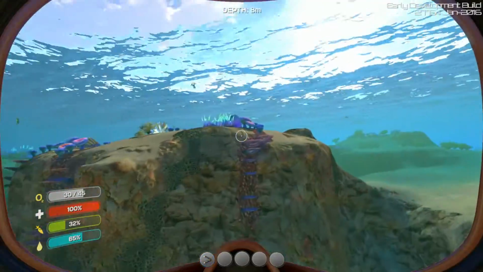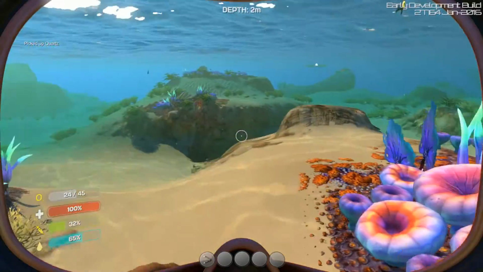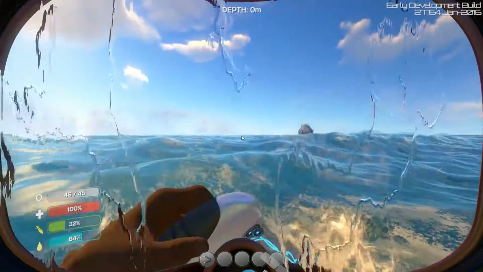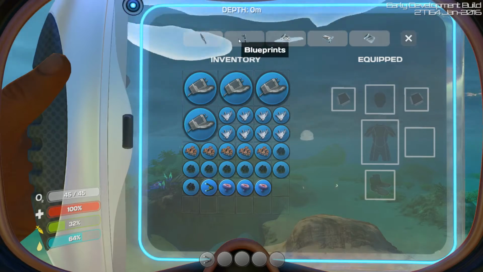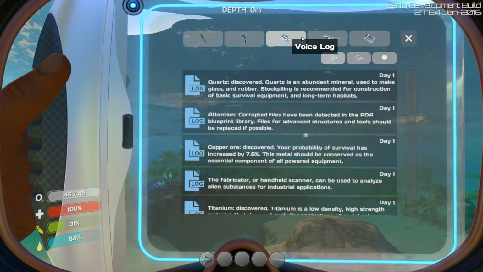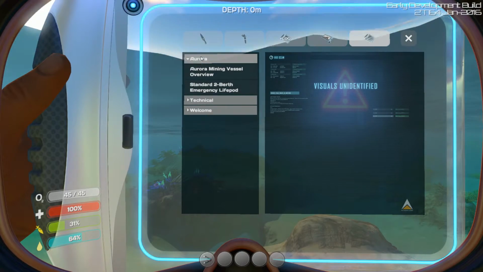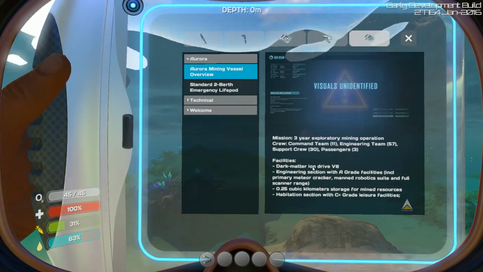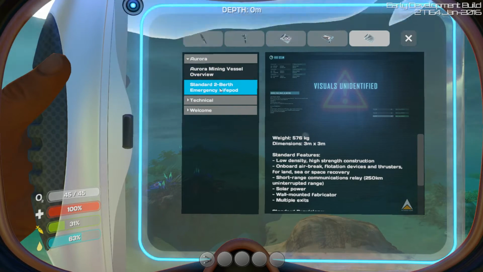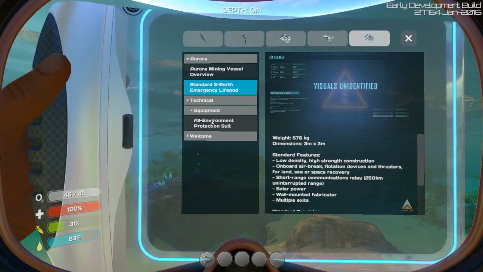So let's hit inventory, which is brought up with the tab menu, and over here, let's swim up, we have ourselves an inventory, some blueprints, and we're gonna make a bunch of stuff. As you can see, some logbook, photo album, and a data bank. In the data bank you will find information about our mining vessel, standard brief, emergency lifeboat, our lifeboat over there which is blinking, some technical stuff,